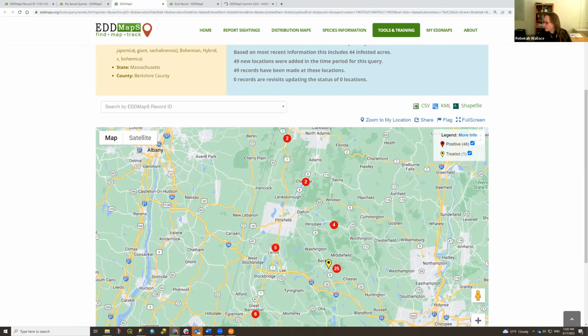So I answered that. We're also working on a solution where the entire EDDMapS data set will be published to ArcGIS Online in the NASMA standard format. You would be able to connect to all the publicly available data, and also go in and download subsets of it through ArcGIS Online.